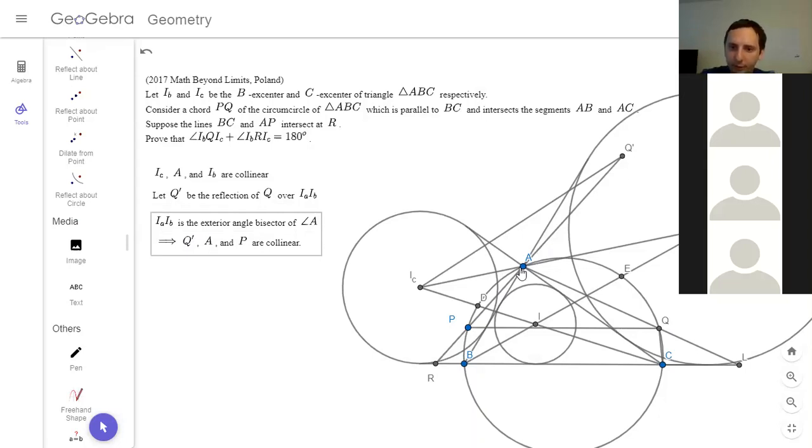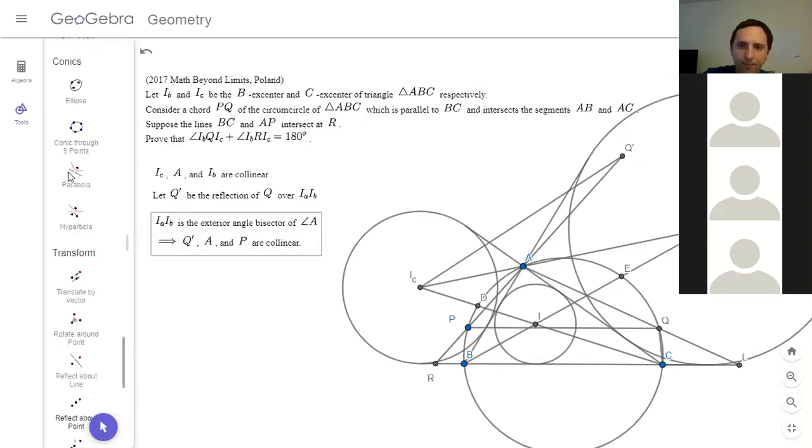So we still need to show that Q prime A and P are collinear, right? I think it's obvious, but I'm just trying to think how to best write it. So we know that AIB bisects this angle, and because by symmetry,